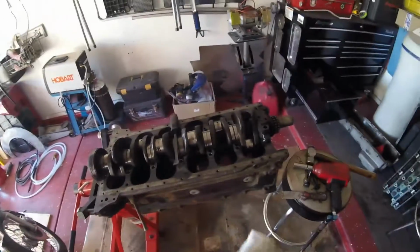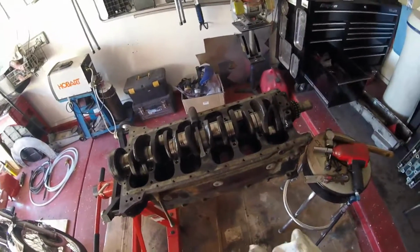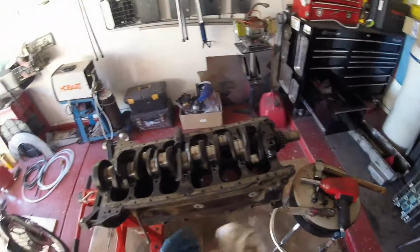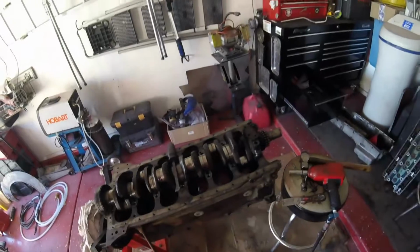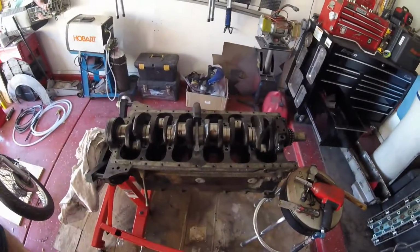Please bear in mind, I've said it before, much to other people's objection, I'm no expert, but I do have a shitload of knowledge, having worked in a Jaguar garage and dealt with these engines more times than I care to remember. So again,